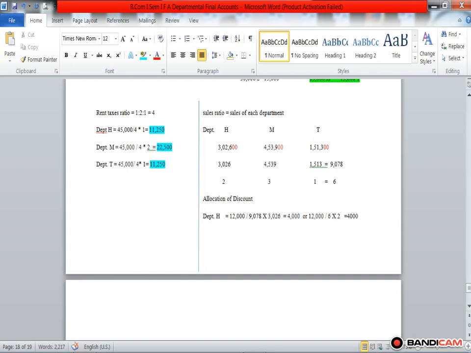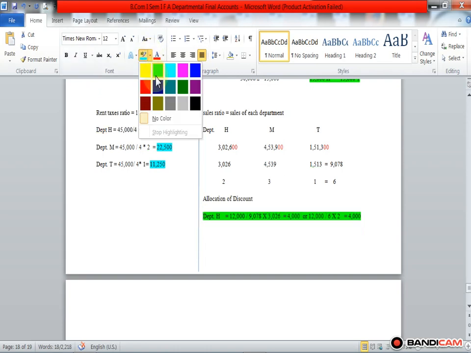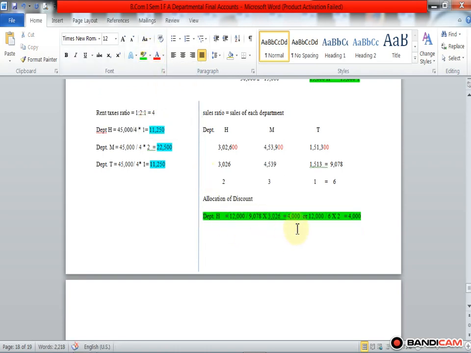The answer is the same. Adopt any one of the techniques to find out the sales ratio. These are the answers of the allocated sales ratio for department H. Now we allocate the discount to department